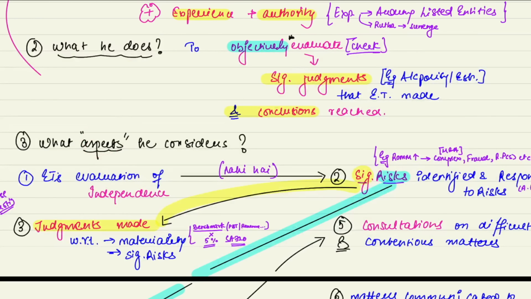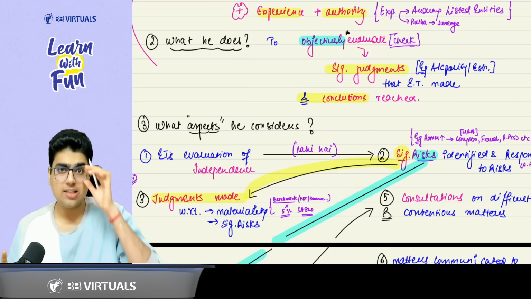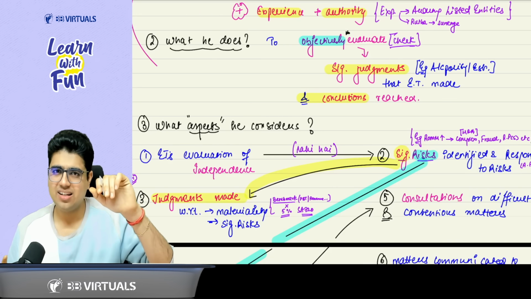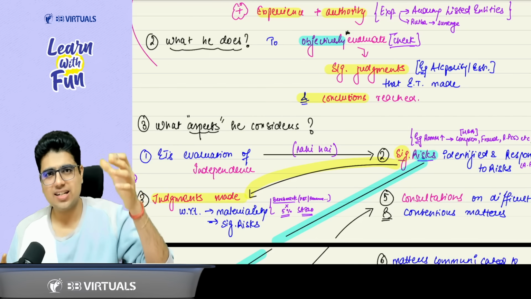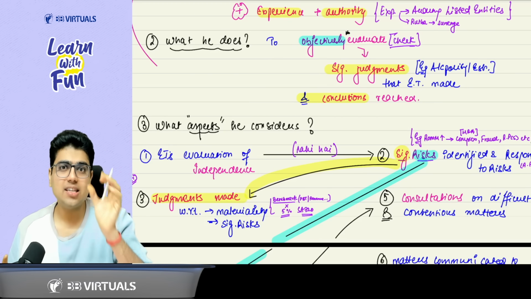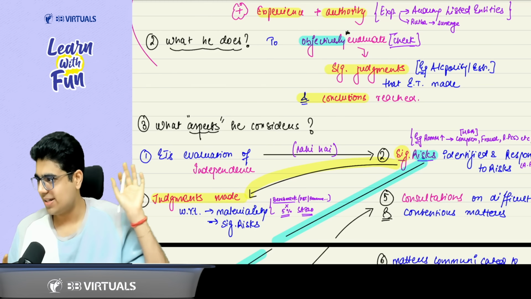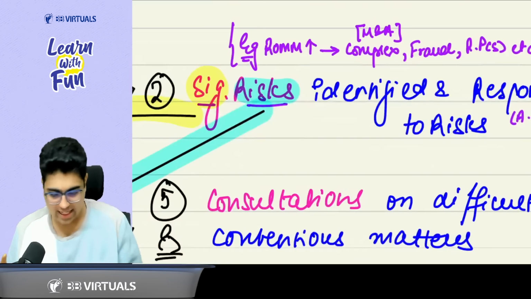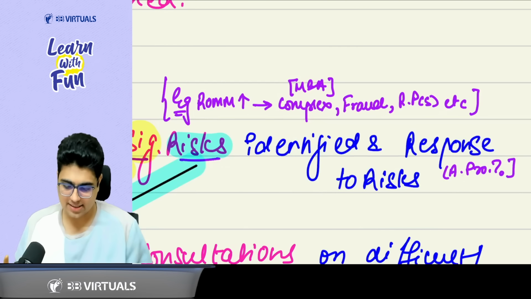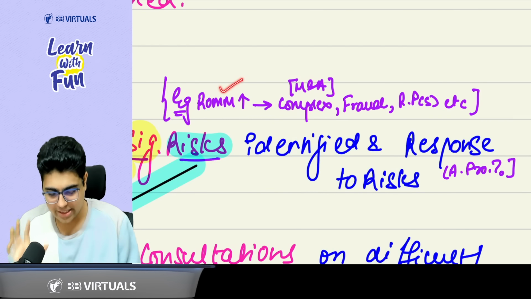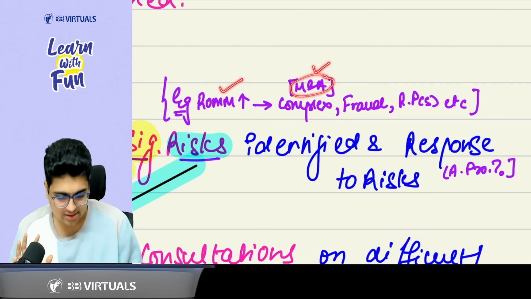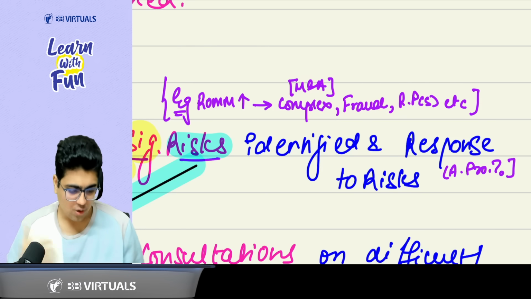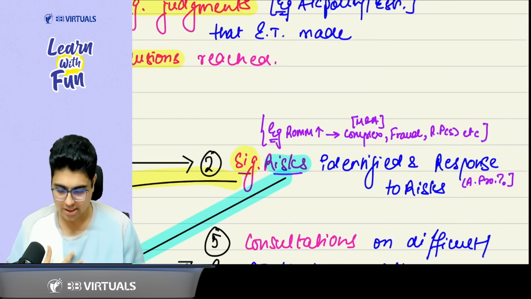What are the aspects he will consider? He will check compliance with basic requirements like the firm's policy requirements, and significant matters raised for further consideration. Not easy things, he will check the most important thing, that is independence. He will check the engagement team's evaluation of independence. Then he will see areas of significant risk. Significant risk means risk of material misstatement is high. Complex transactions like mergers and acquisitions, fraud, related parties. So whatever significant risks are identified, and the audit team's response, that means the audit procedure, he will check that.